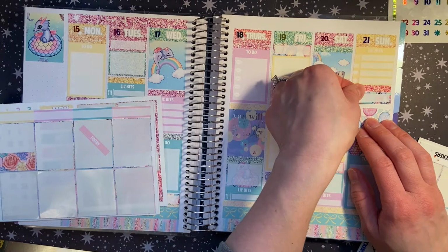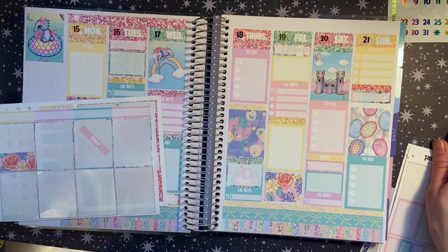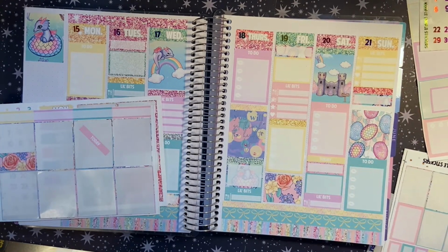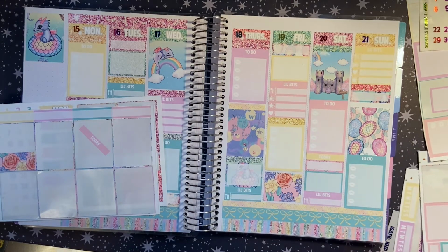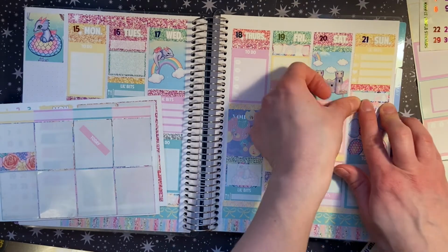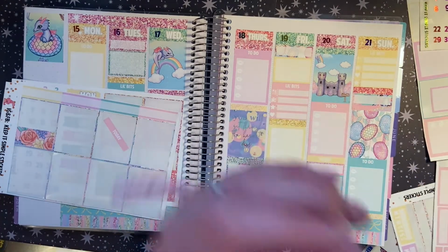All right, I keep fumbling through this, but I think I got it. I think I got my Sunday layout down. I took the half box away. You can't see that. I took the half box away so that I could fit in these two boxes there, and I think I'm just going to put down another strip of washi in between so I can use up these washi strips, which is really pretty. And there we go. There's my white space spread,